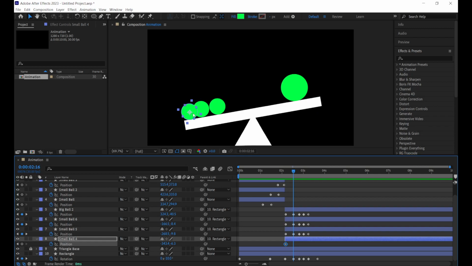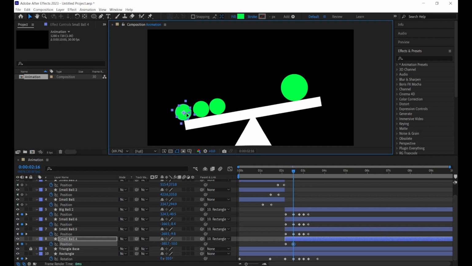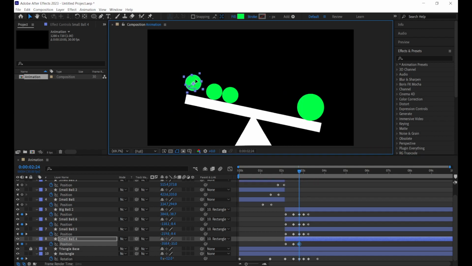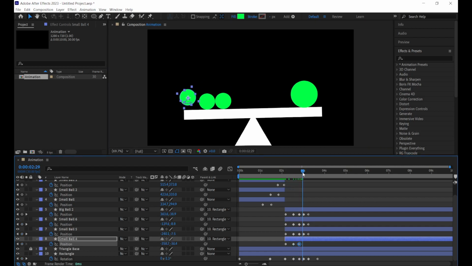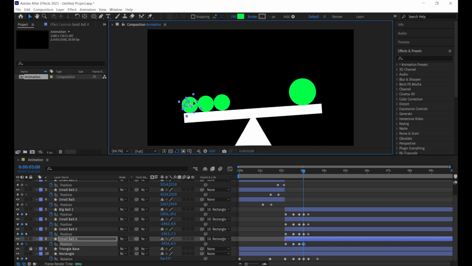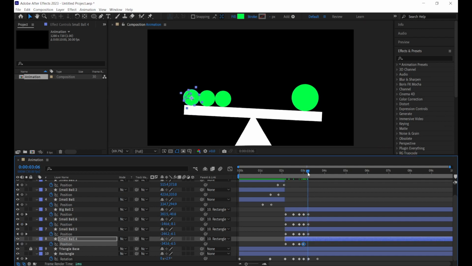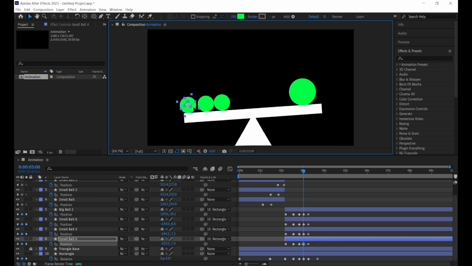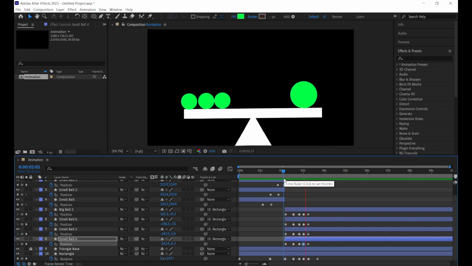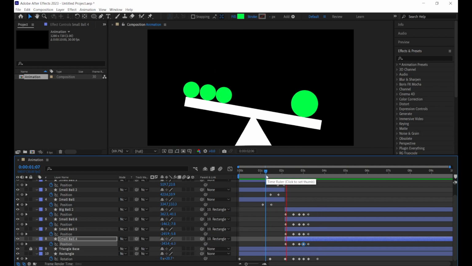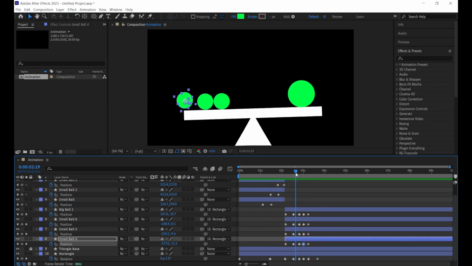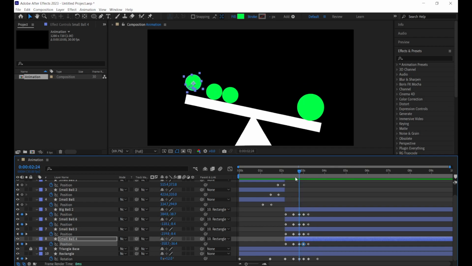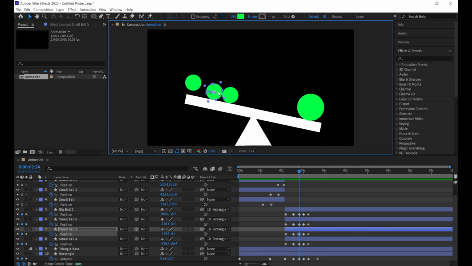Keyframe that, move to the next one. It's almost at the edge. Like I said, I'll make it a bit more exaggerated. I'll make it even stay in the air. And then this one, I can bring it to the original position. I think staying in the air looks pretty good, so I'll go to the third one, and then I'll make this